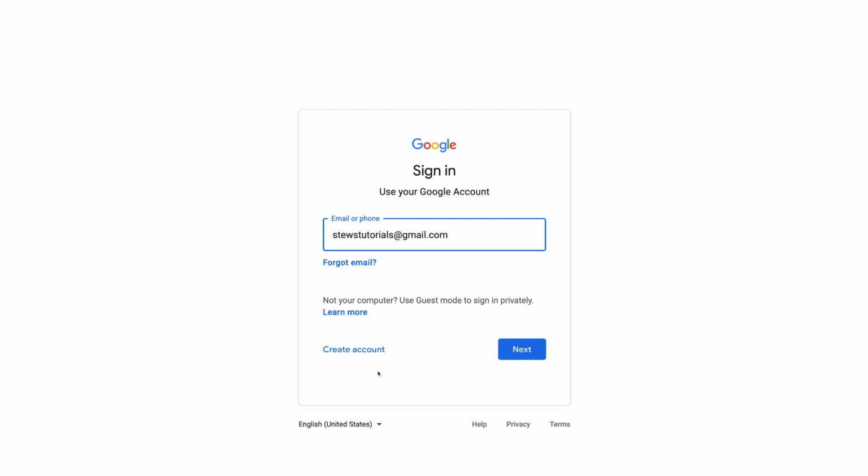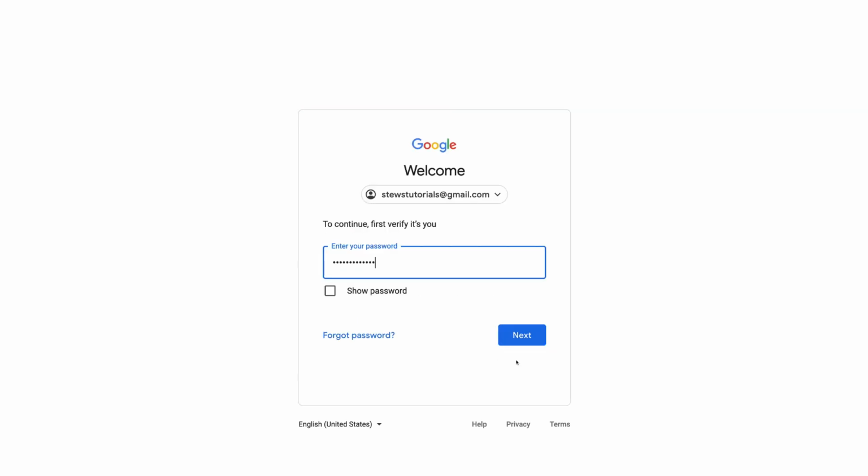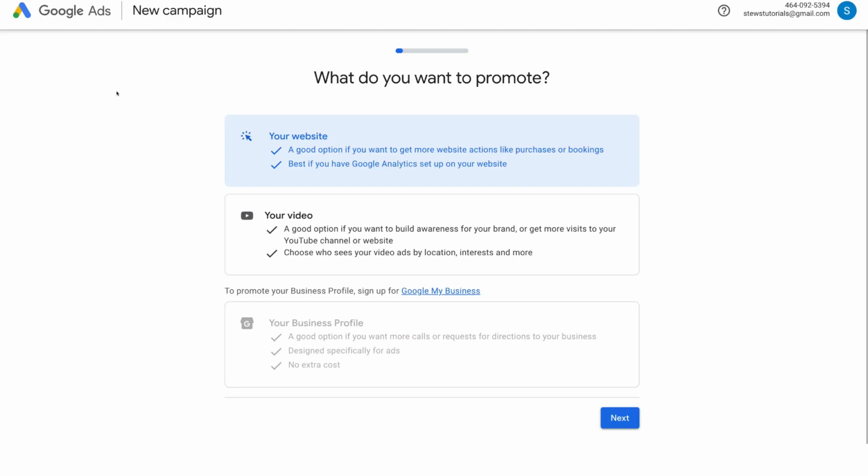Now if you don't already have a Google account, you can go ahead and create a Google account completely for free. However, we're using an existing Google account, so we're going to come down and click Next. Then enter in your Google account password and click Next. Then once you've logged into your Google account and you've selected new Google Ads account, that will take you to